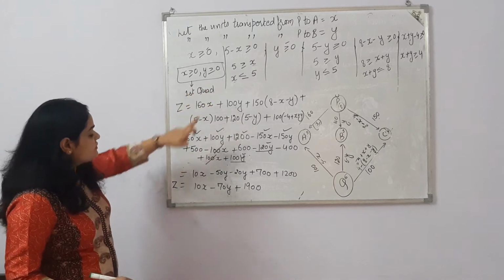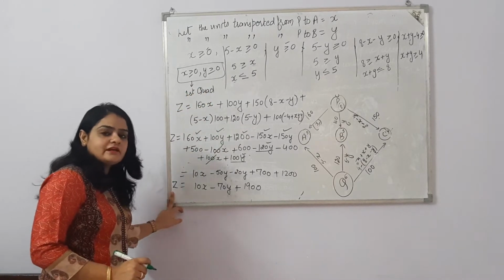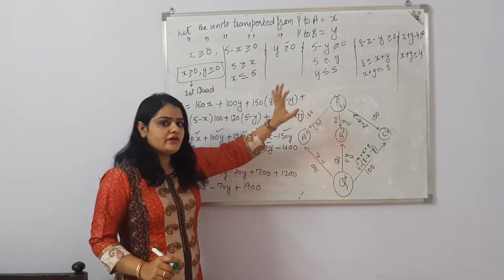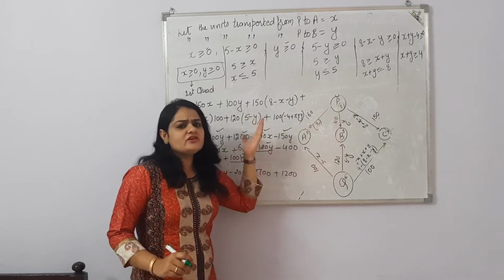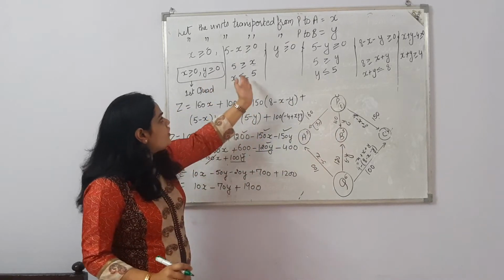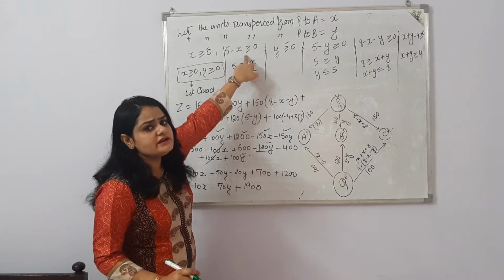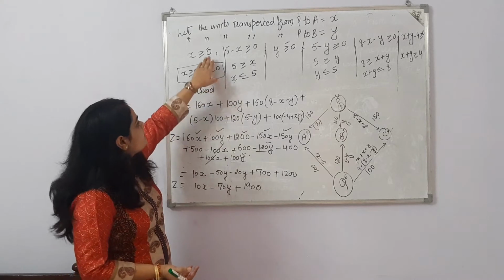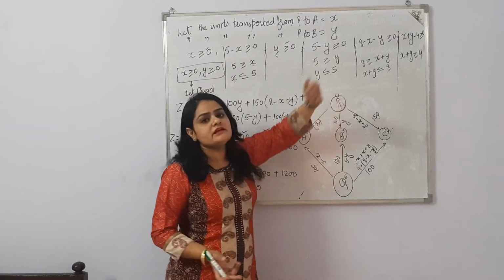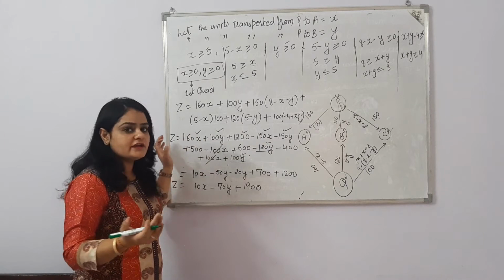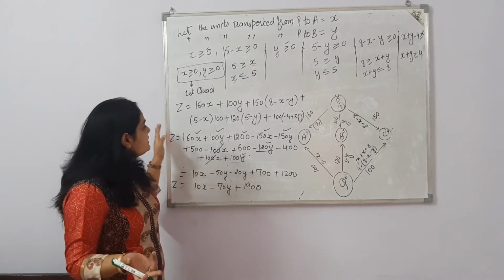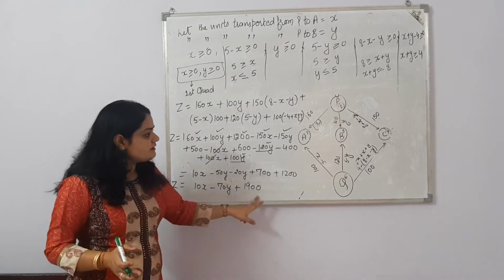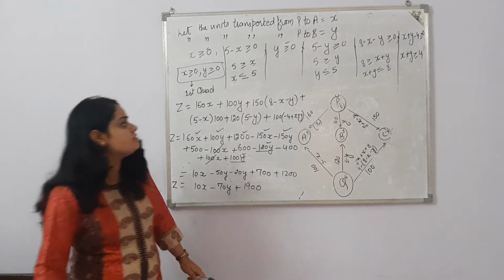Now we have all the constraints and z. Now we can solve it graphically. The main concern is to draw this flow chart. If you are drawing this flow chart well, then you can find the constraints very easily, because all the constraints are the quantity of the commodity. The quantity of a commodity is always greater than or equal to 0. So the sign is always greater than or equal to 0 for each commodity, because the quantity of a commodity cannot be negative, and the transportation costs will be clubbed together to find the function z. Now we'll do the question.